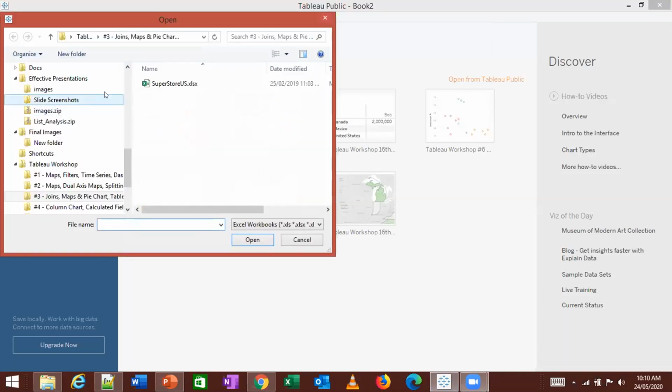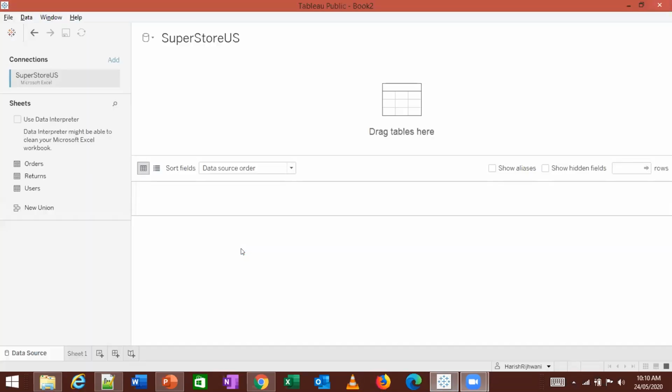Go to Excel, point to that folder, and select Superstore US. Everybody did this?